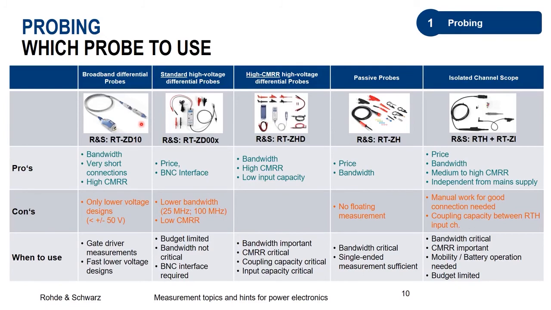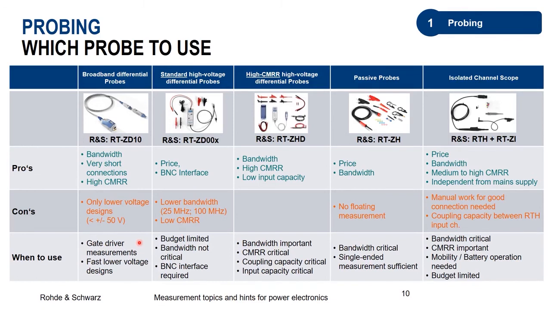This is always one critical point in probing for power electronics, so that's an interesting advantage. And the common mode rejection ratio for the voltages such a probe can measure is still pretty good. The con, of course, is that it only works for lower voltage designs, so it might be interesting for gate driver measurements and